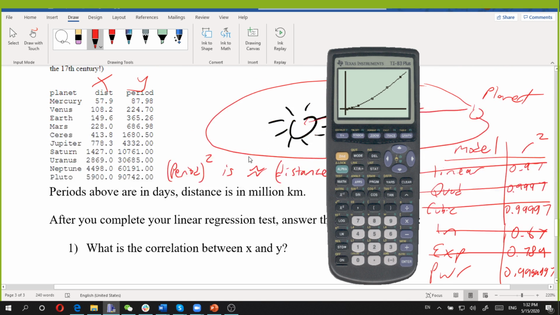So if I wanted to calculate if there was a planet that was exactly 100 million kilometers from the sun, how long would it take to orbit? I can hit second calculate a value at 100. So if x is 100 million kilometers, then it would take about 199.96 days to orbit around the sun. Okay,